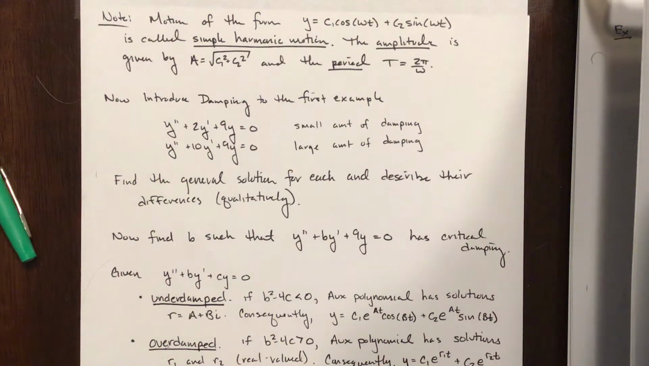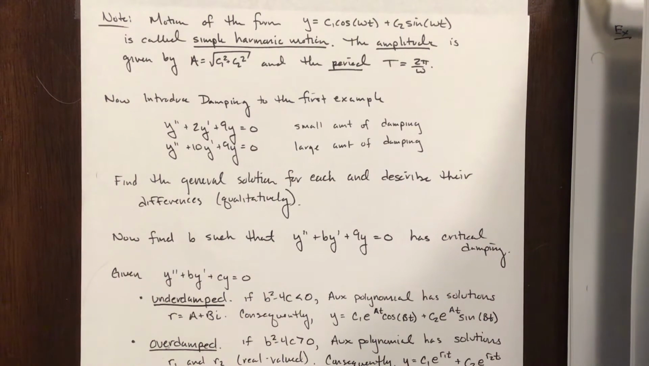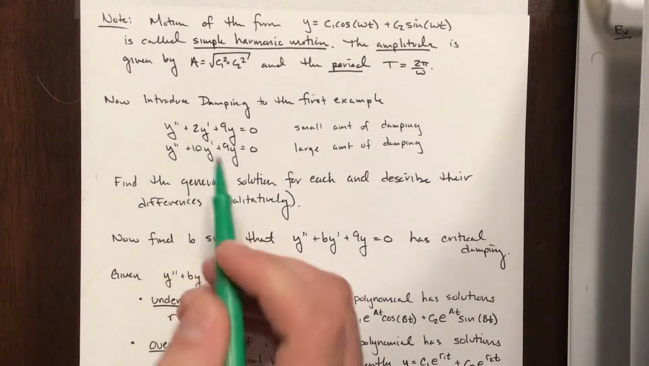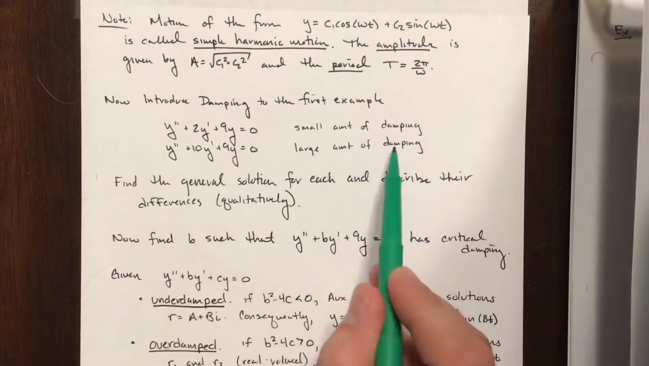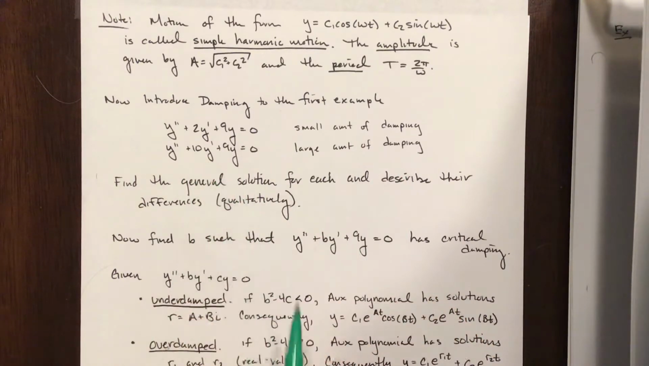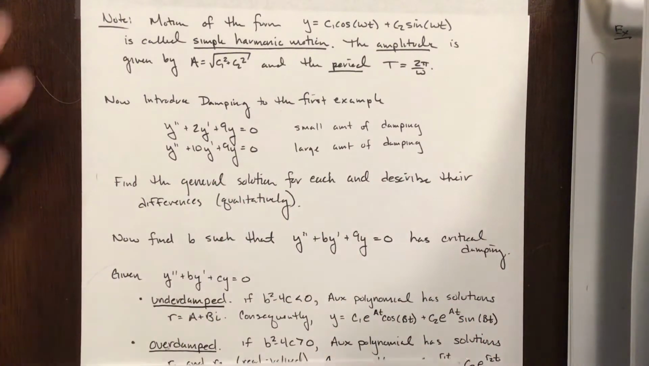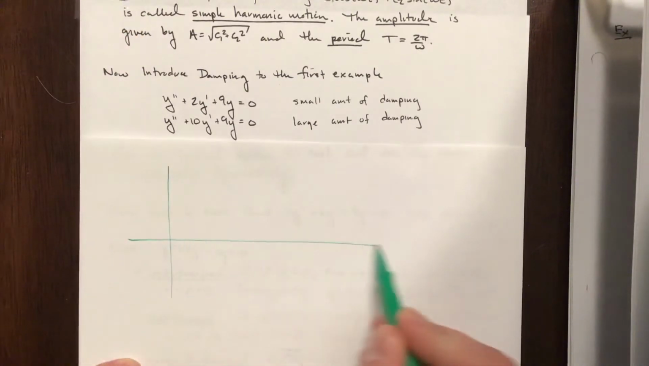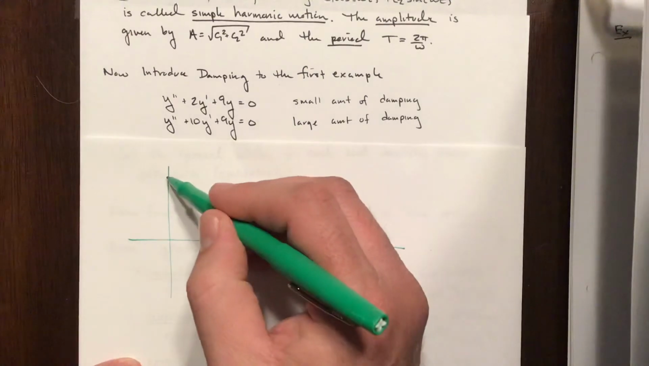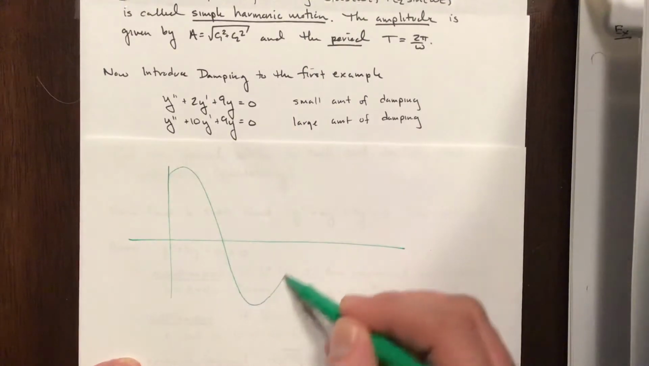Now let's move to the next phase where we have a damping force. If there's a damping force, it's going to appear as the middle term right here, the coefficient on y prime. When the coefficient on y prime is small, we have a small amount of damping. When the coefficient is large, we have a large amount of damping. Okay, so what does that do to the solutions? Well, instead of the graph that we have for simple harmonic motion, we'll have something that looks like this